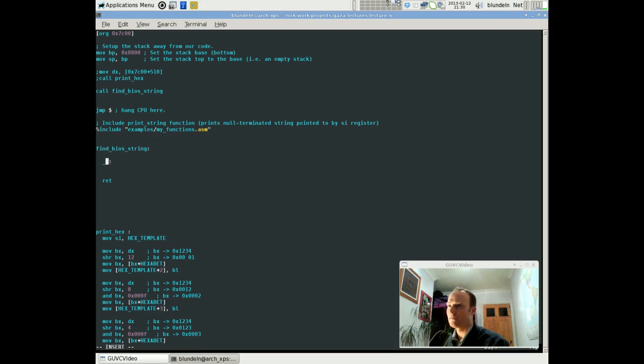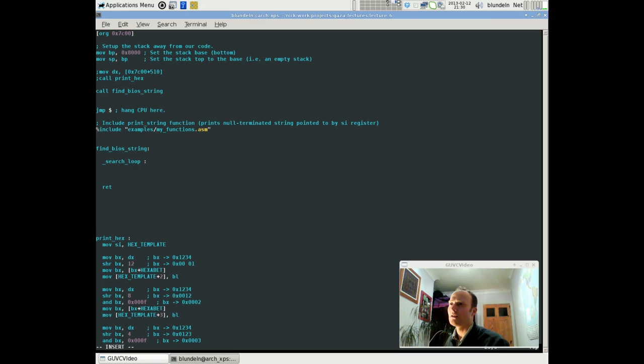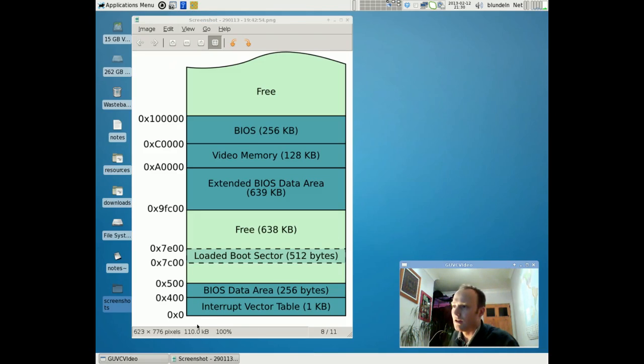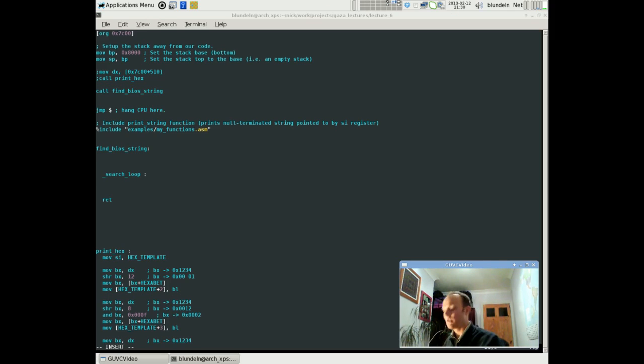Let's call it search loop. Okay, so in my search loop, let me use a register for a counter, and it's going to start at byte 0. We're going to increment it, and then we're going to look at byte 1, 2, 3. We're going to search through memory like that, starting at 0. So our thing is going to start here, and it's going to just search all the way up, looking for an interesting string. So we've got our search loop,